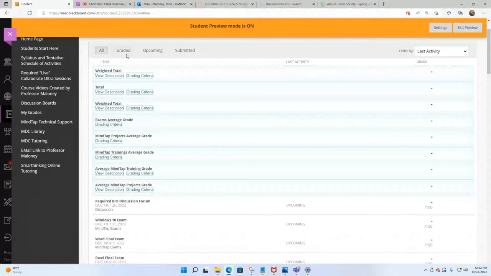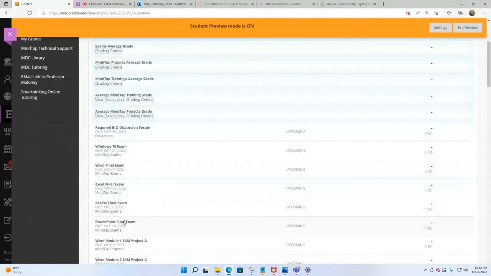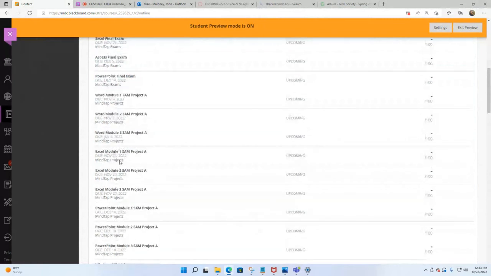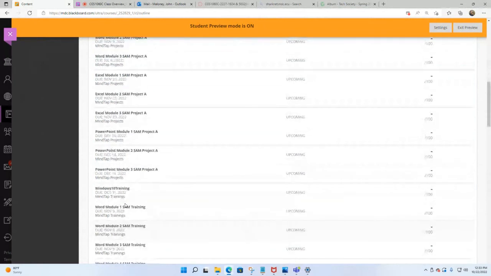Like I said, you may have to click graded or upcoming or whatever, depending on where you are in the term. But most of these assignments, since it's such a short class, it'll be pretty similar. Like you see Access exam December 5, Excel exam November 23, Word November 9, Windows 10 October 31. Again, this is Monday, Wednesday. So for Tuesday, Thursday, what? November 1, November 10, November 24, December 6, December 15, right? And it tells you when your Word projects are due, when your Excel stuff is due. So this is a good tool. Make sure you click on that.